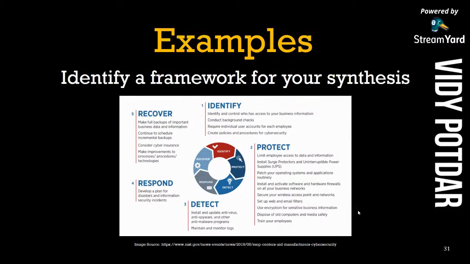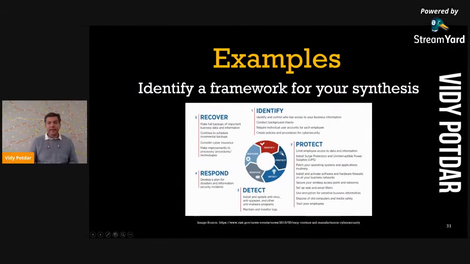Let's take this as an example. This is a research framework for cybersecurity. It is designed by NIST in the US, and it has 5 elements or components: identify, protect, detect, respond, and recover. So if I was writing a research paper on some aspect that involves cybersecurity, I could use this as a